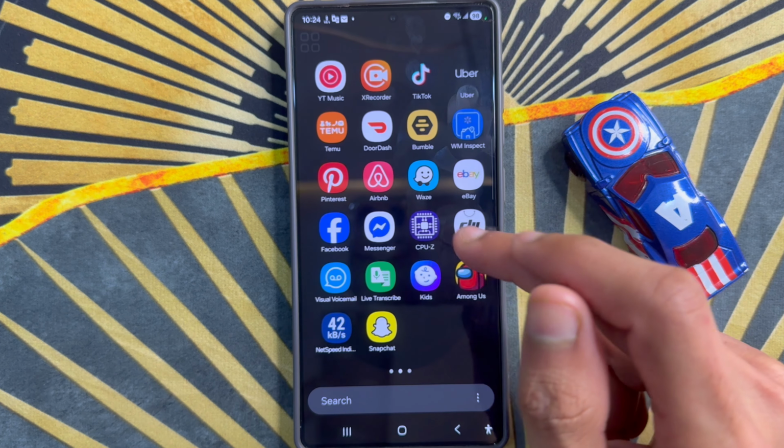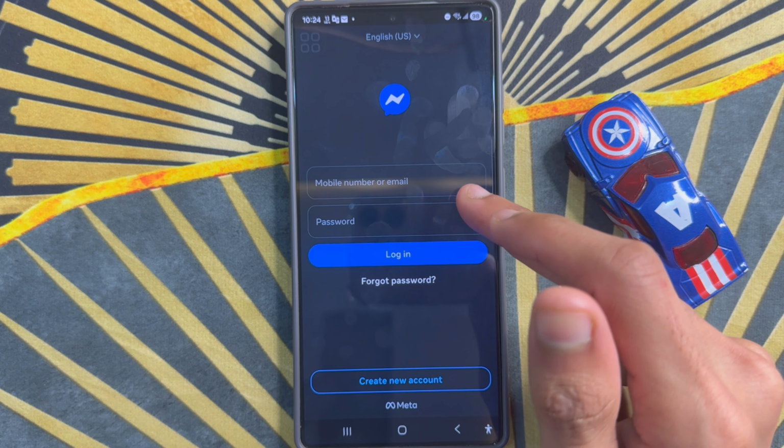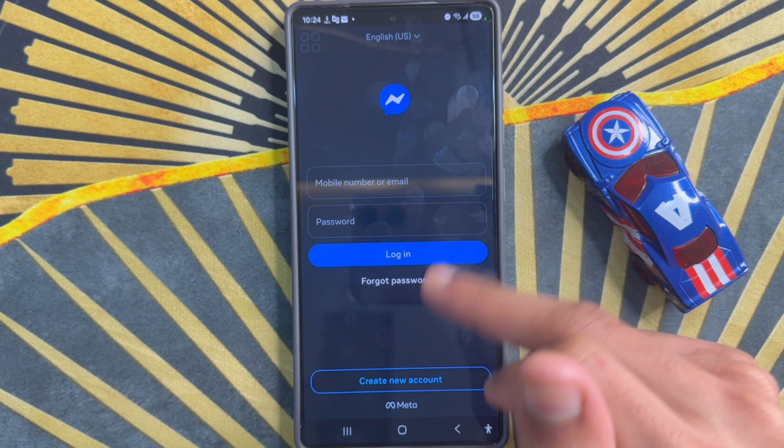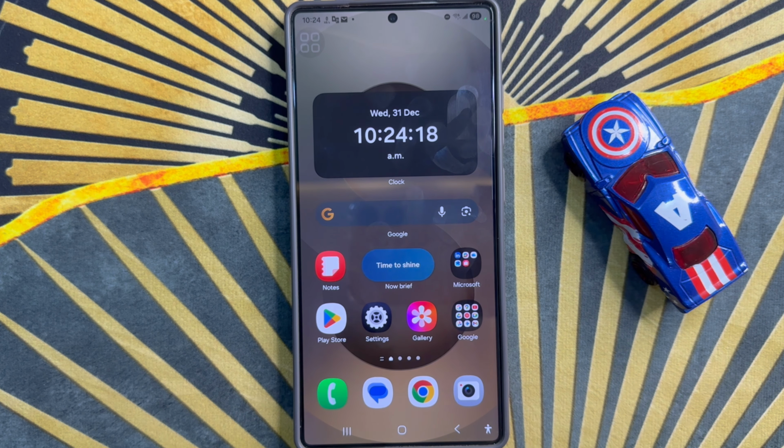Go to app library and click on Messenger app. So log in your email, password. So after the process, that's how you can install Facebook Messenger app on Samsung